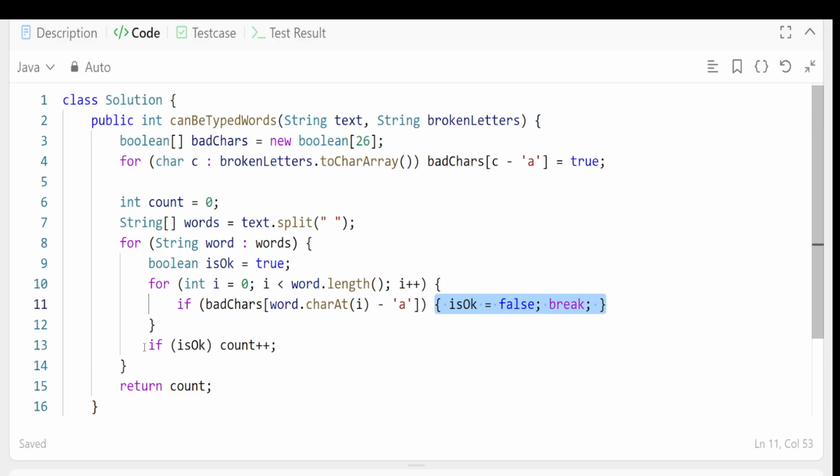And we'll break it. If everything does not go good in that character, we'll continue for other words, and we'll check if other words don't contain the bad characters, it will not go in this loop, it will not break. Otherwise, if the fine word is there, we'll say okay, fine word is this, and count it,